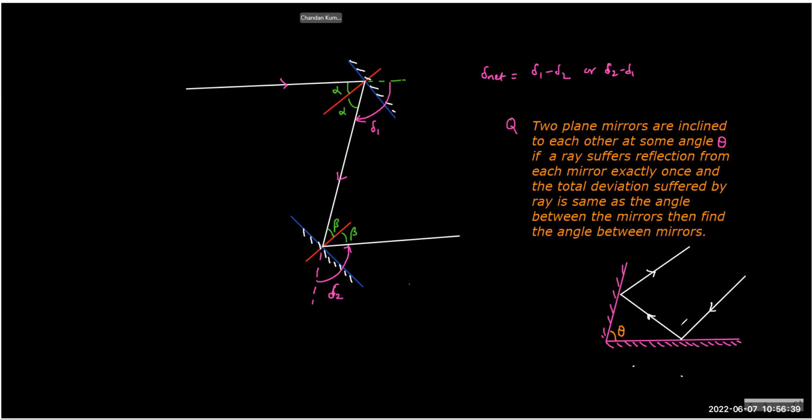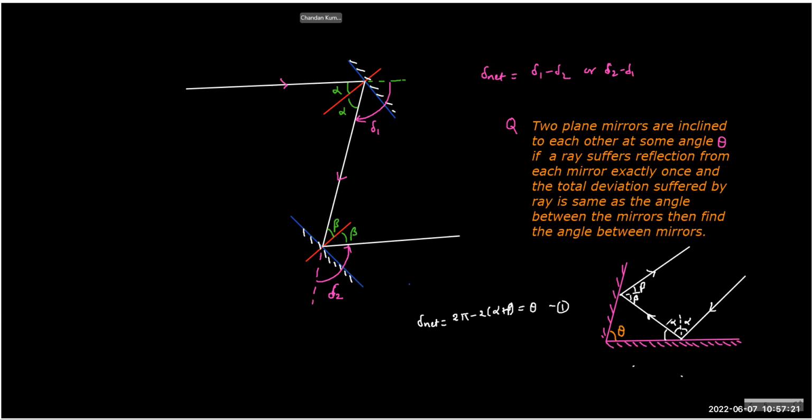Okay, anyway, see if I draw a perpendicular here. So we can say that the net deviation is how much? 2 pi minus 2 times alpha plus beta. Okay, anyway, leave it. So now this is the equation. This is the net deviation, right? The net deviation is this much. Pi minus 2, 90 degree.